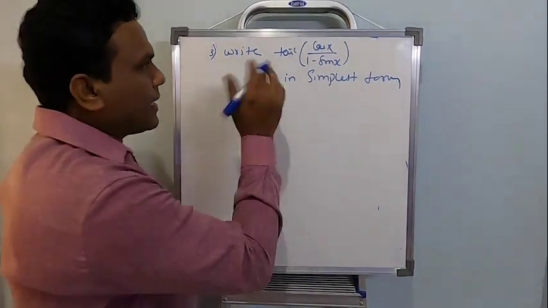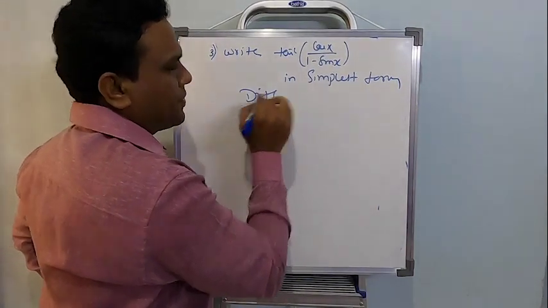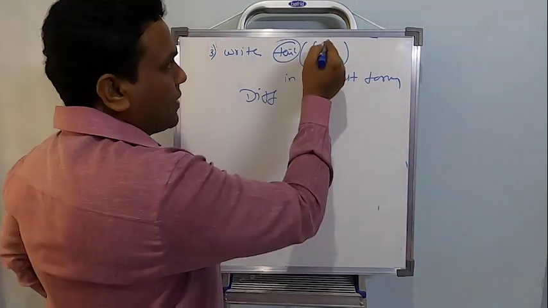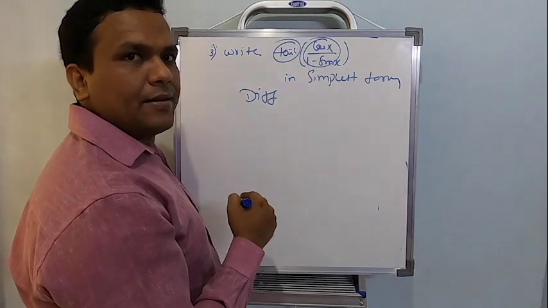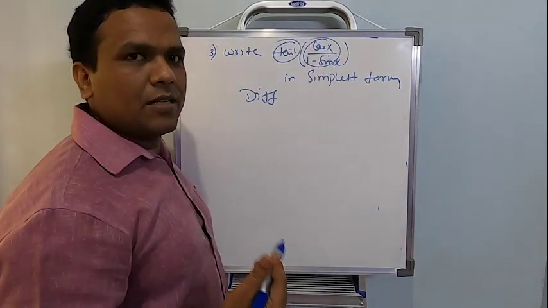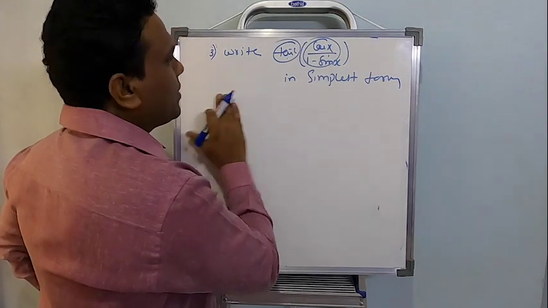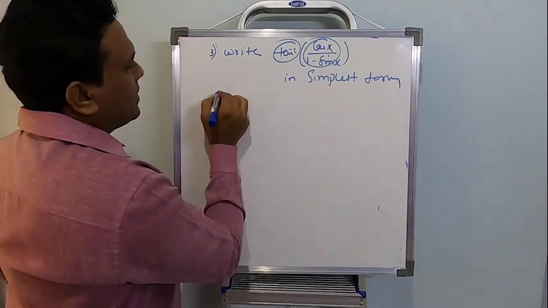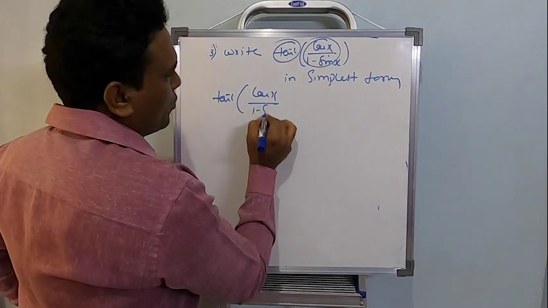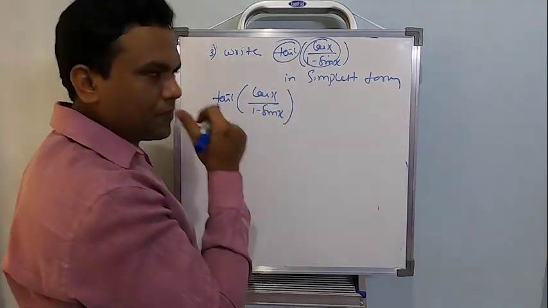We have done this kind of problem in differentiation. If you remember, if a problem of inverse trigonometry was given, whatever is there inside the inverse should be converted in terms of tan, because the outside is tan inverse. This is the concept, so we will apply a similar concept here. So let us consider tan inverse of cos x by 1 minus sin x.